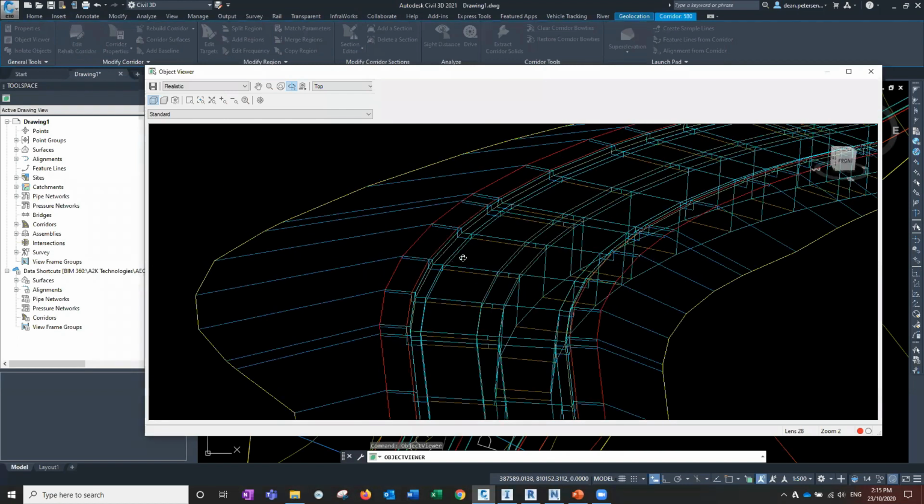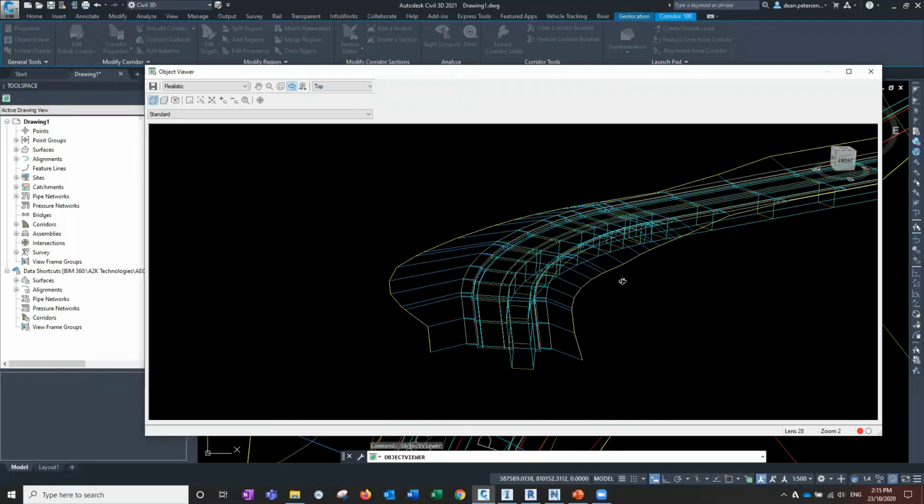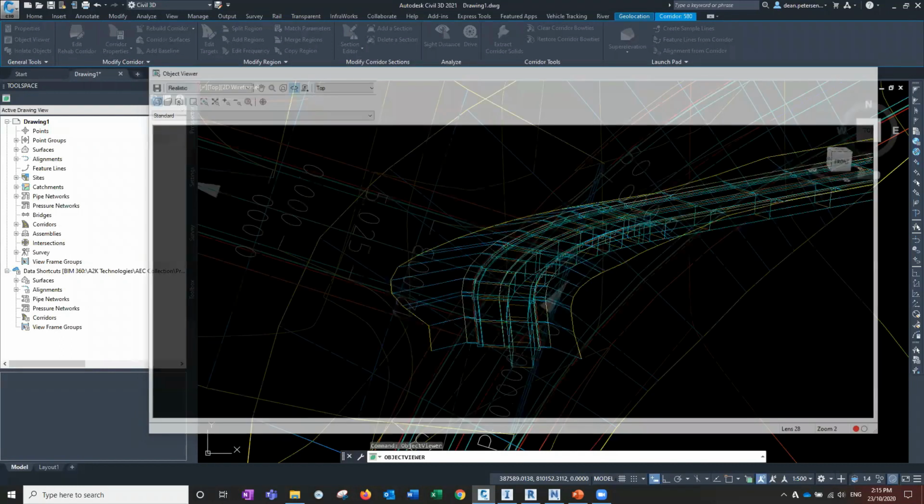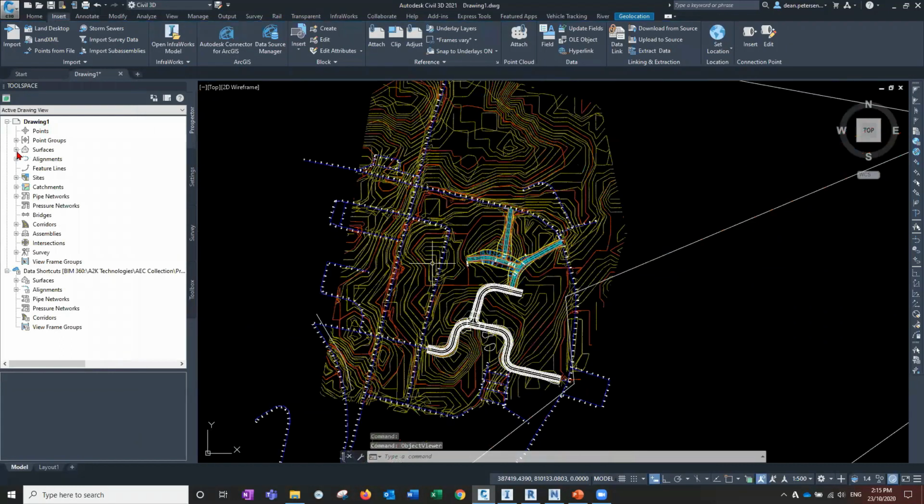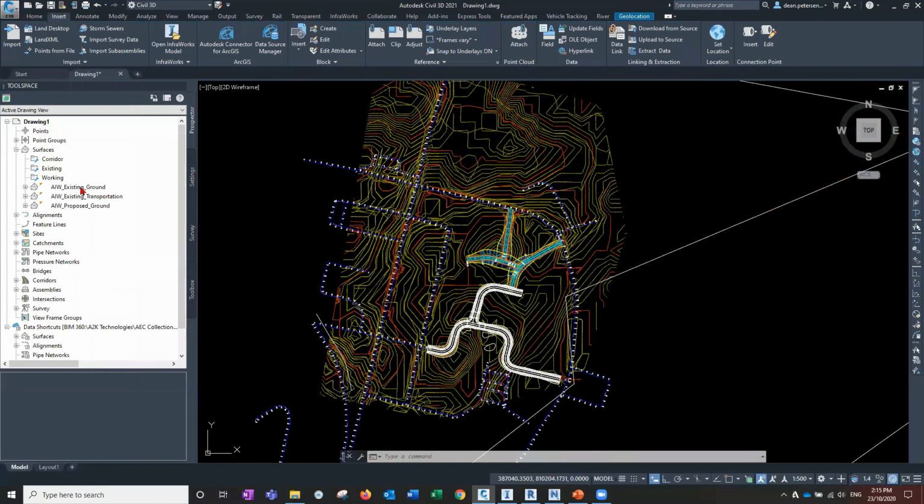However, these batter slopes are not right because they're actually targeting the existing ground surface. I want to target my subdivision surface, which is a modified surface. So we can find those surfaces. They've come through as well. Now,